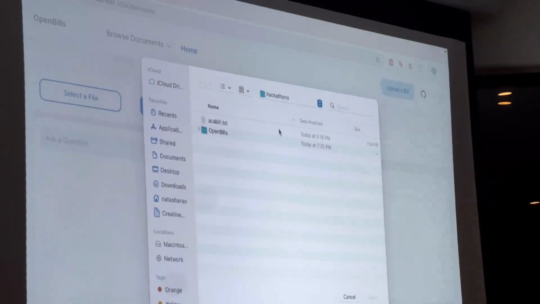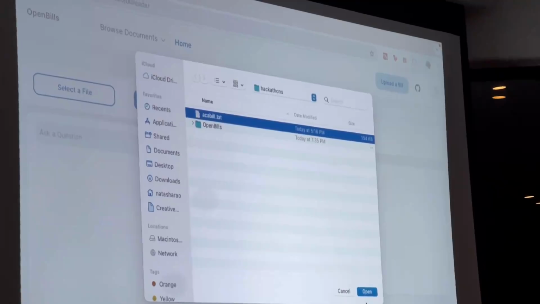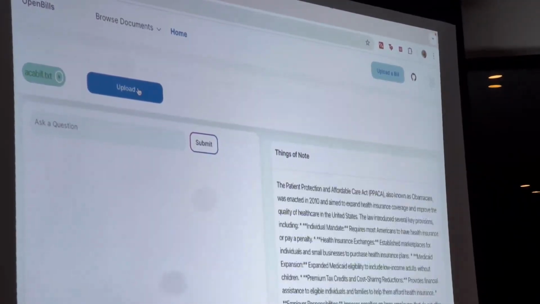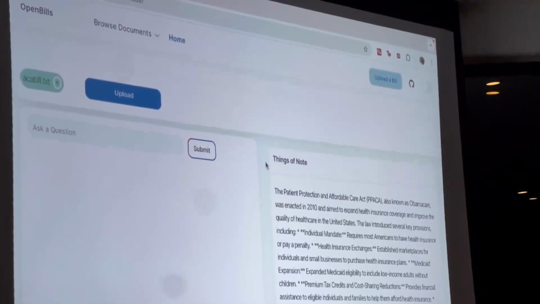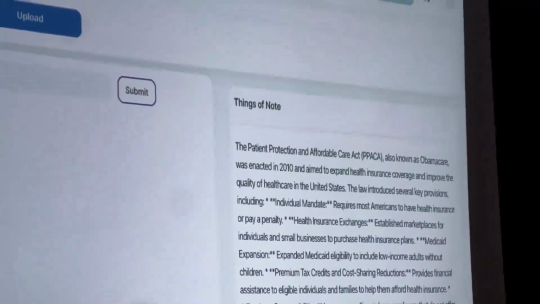Okay, so we put the ACA bill in as an example, so let's upload it and do the demo. So basically, yeah, it's really ugly right now. Our goal is to get to the view of it that we had in the beginning, but it'll take things of note. So maybe you should know that in this bill, certain things are being passed that you wouldn't have been aware of. So it'll parse the entirety of the text, and it'll say, this was implemented, this may affect your life. And so you could go through, and then you could also chat with the bill.